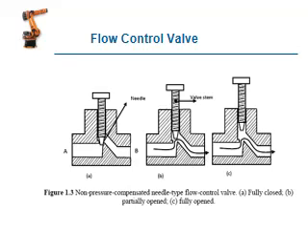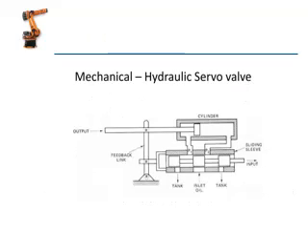So this is the flow control valve. What is meant by the flow control valve? Here the oil flow is controlled by that screw. The screw fixes some pressure. If the pressure in the path increases, this valve automatically moves above, so oil escapes. This is a mechanical hydraulic servo valve.